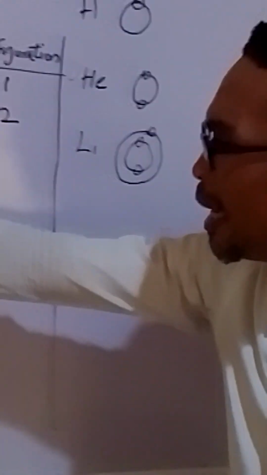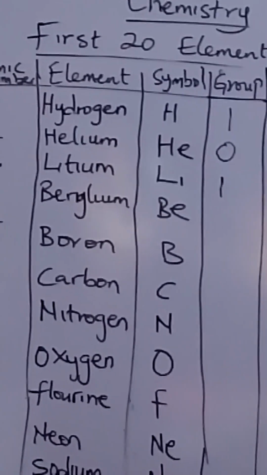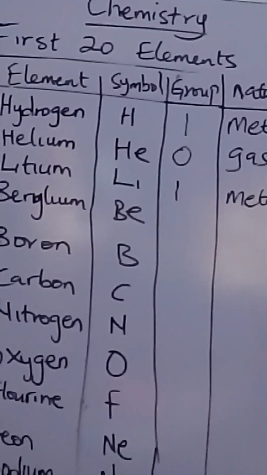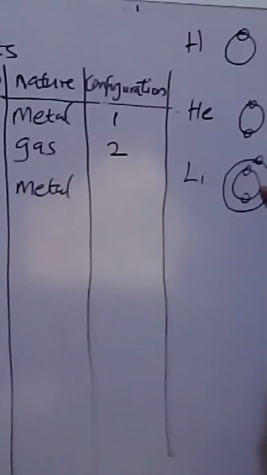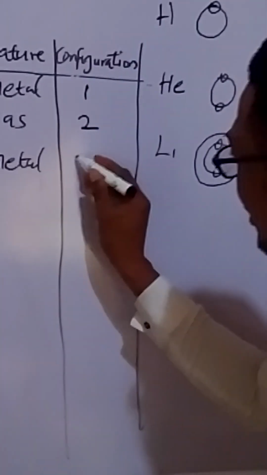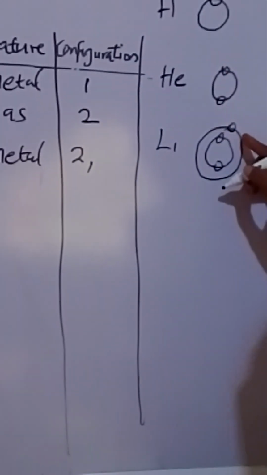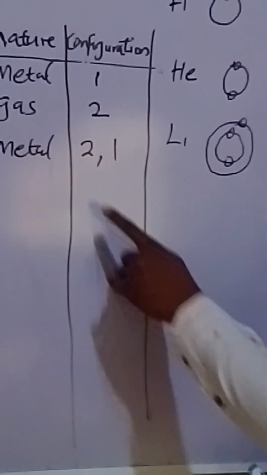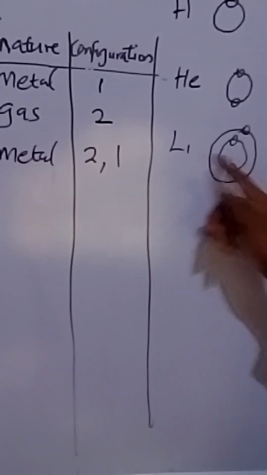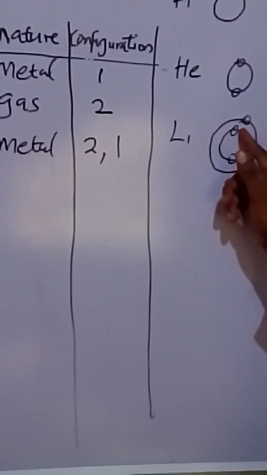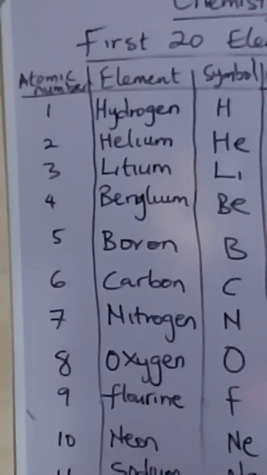So what is the electronic configuration of lithium now? The first shell now has what? 2. And the second shell has 1. That means the electronic configuration is 2, 1. This 2 is for the first shell that fills it up, and the 1 here is for the second one. We go to beryllium. Beryllium is 4,